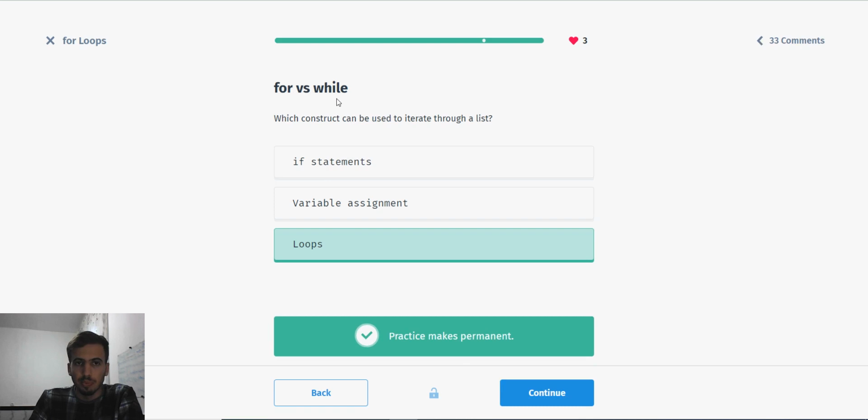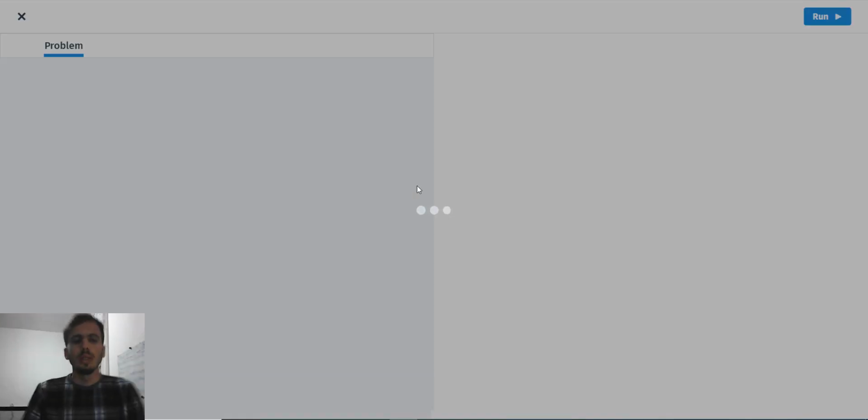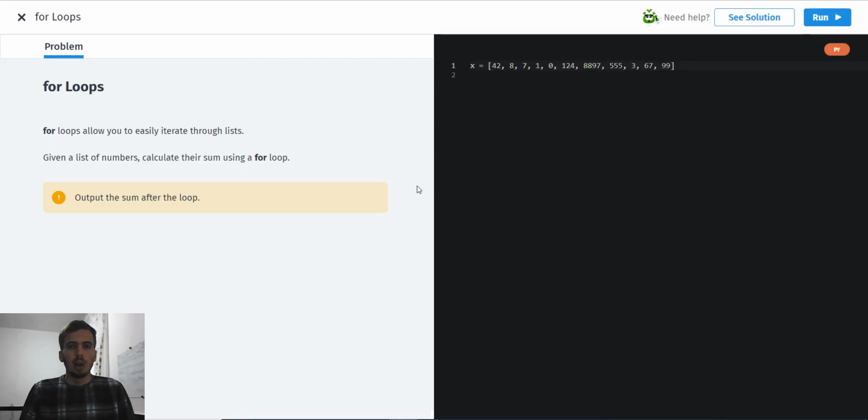Okay, so for and while loops can be used to iterate through a list. So there is a practice. We're going to solve it and finish this part of the lesson. For loops allow you to easily iterate through lists. Given a list of numbers, calculate their sum